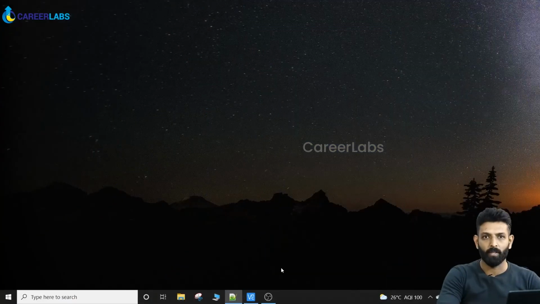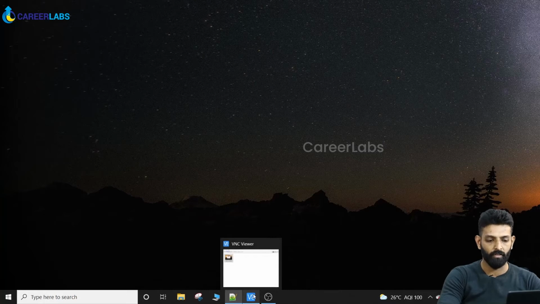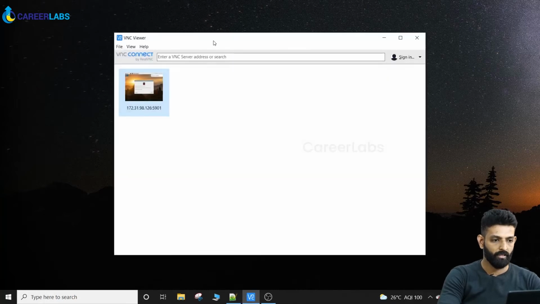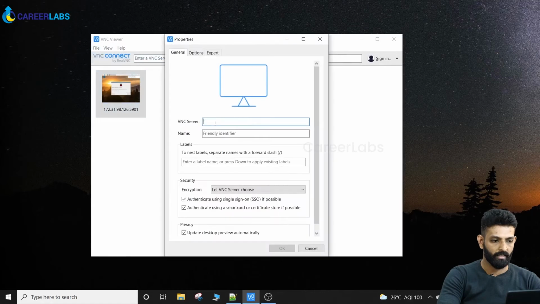So after you install the Raspberry Pi OS, now let's connect to it remotely using VNC. For that, you'll need a software called VNC Viewer. Here I have downloaded the VNC Viewer for Windows. Go ahead and click on a new connection and you can enter the IP address of the Raspberry Pi and